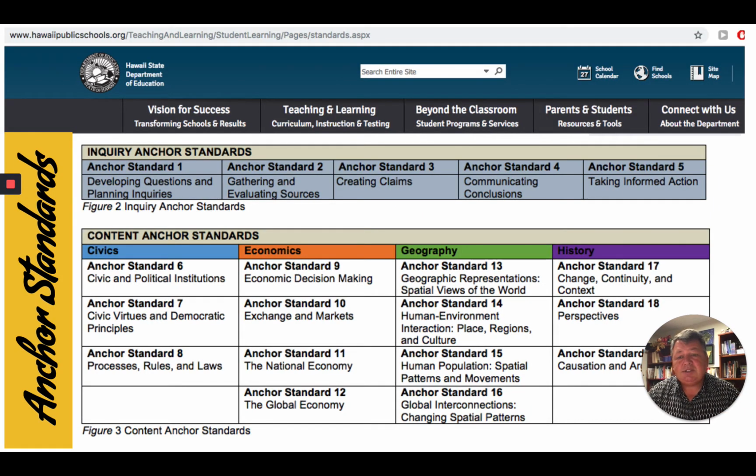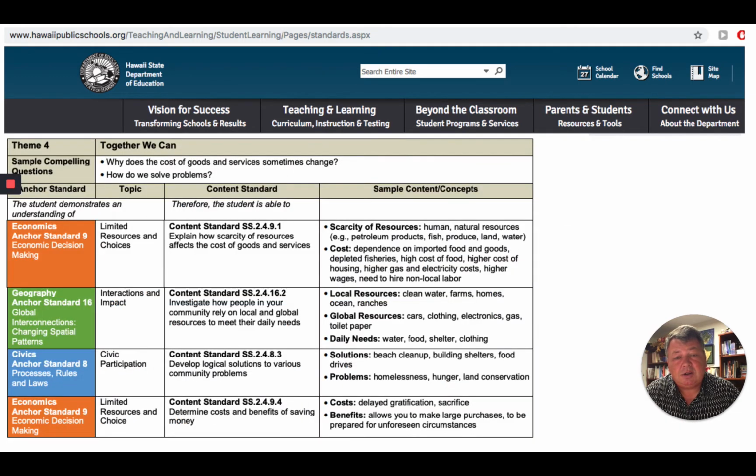So for this example, I'm going to be using the Hawaii standards, of course. And when I first look at them, I'm not going to use the inquiry standards. These are skills, and I'll be using those as I'm working with my students, but not going to use them to help me plan or develop. And I'm really not going to use the content anchor standards very much because those are too big and broad. What I really want to focus in on are maybe the specific themes and the specific content standards within a